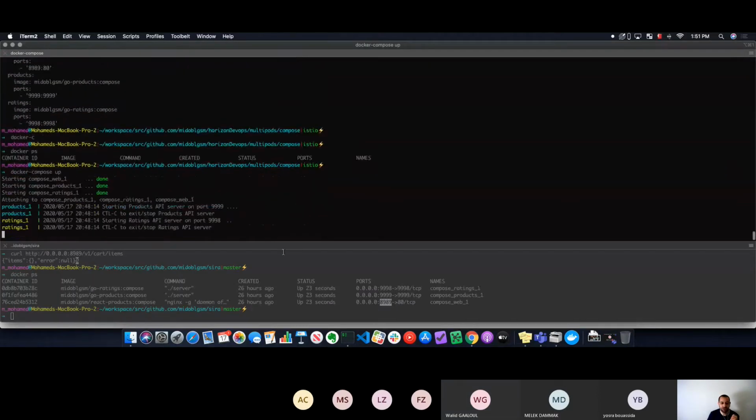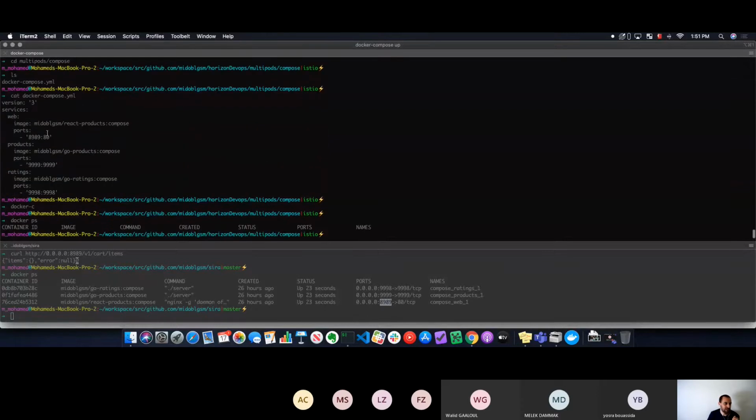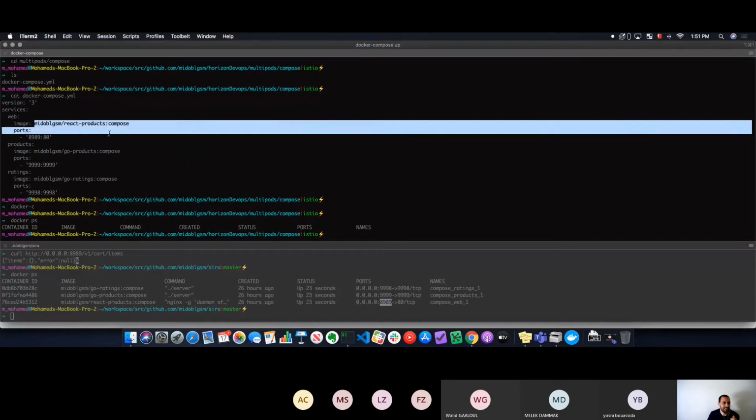And I created them using the same mechanism, which is Docker build with giving the Docker file and the name. And I used the names that I have here, like this is the ID and this is the name of the